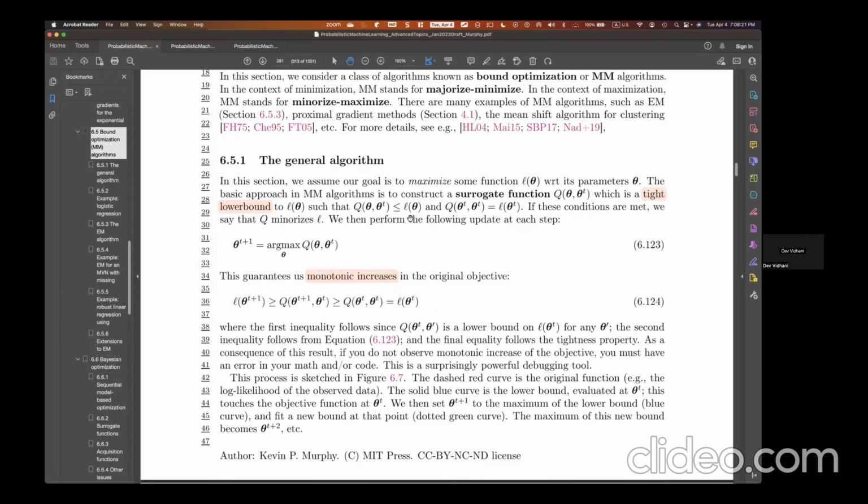Because you find it this way: Q of theta t given theta t equals L. So if you didn't have it be tight, if it was just way below, it could wander around and still be below the red curve and not necessarily be quickly approaching the maximum of the red curve. You know what I'm saying? By changing the parameters in theta,